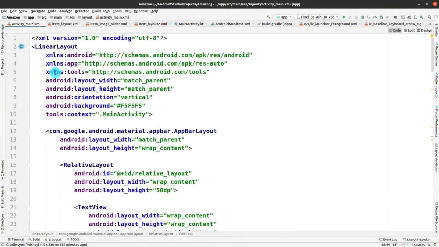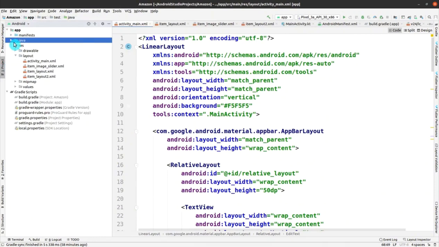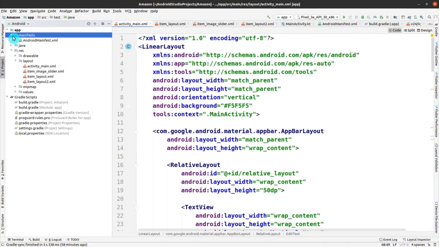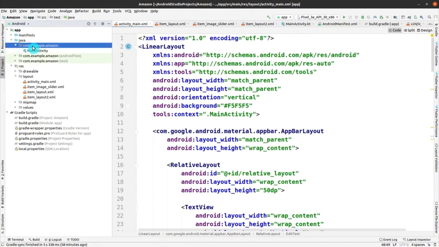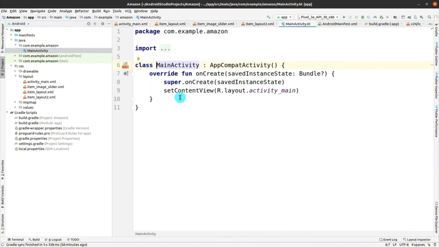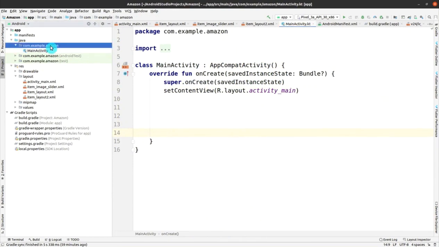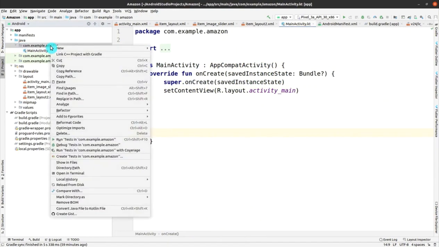And now we have to go to our Kotlin codings, and here we are in the main activity of the Kotlin. Don't worry, the XML was from the Java, but if you have worked like me, follow my procedure, then you will be able to get it. So create a Kotlin class here